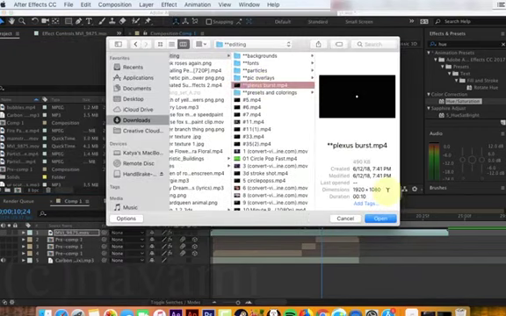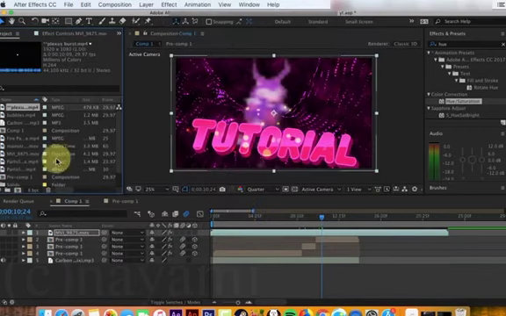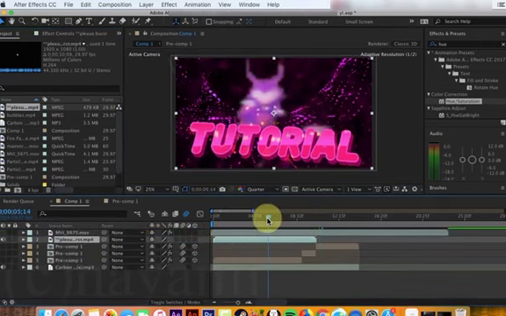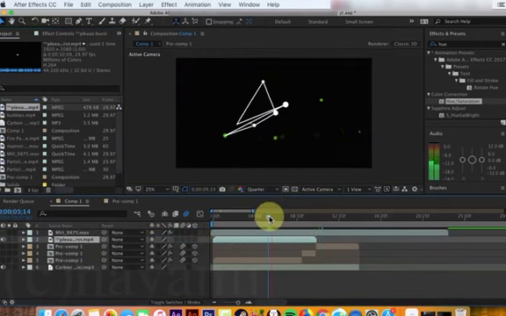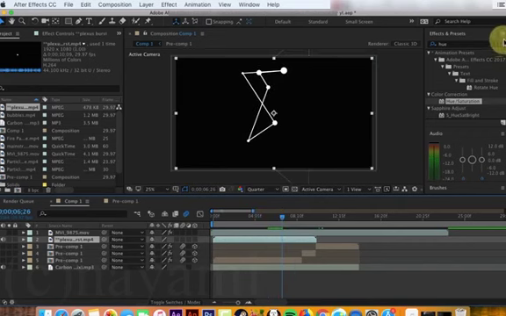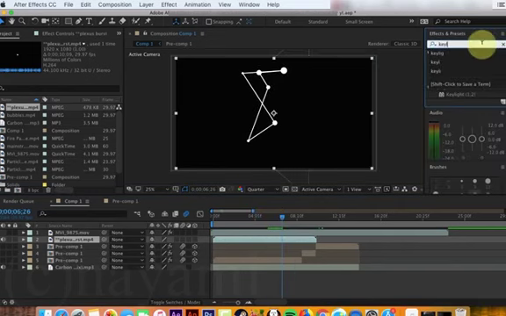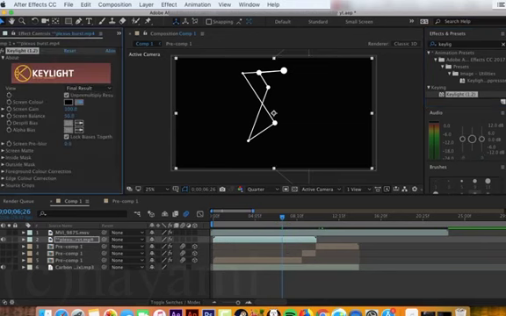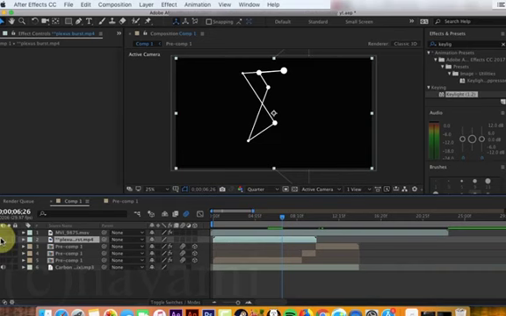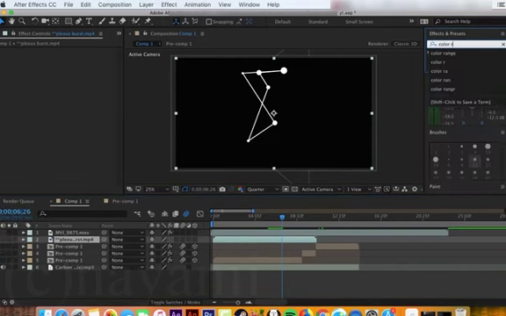So, I found this Plexus Burst overlay. I can supply that to you as well if you need it. You can see here that it has a black background. And if you try and use Keylight, I'll show you what will happen. If you drag Keylight onto this and click black, nothing's going to happen. That's an issue I had no idea how to fix for the longest time, but now I'm going to go